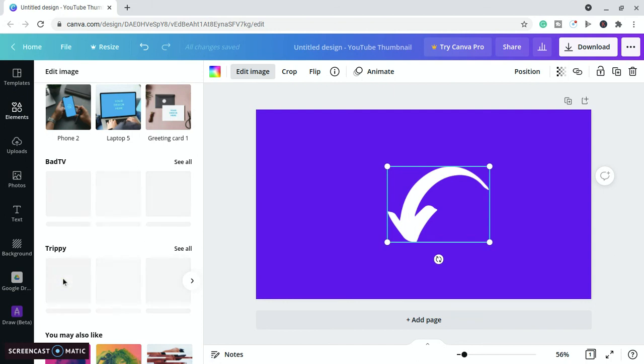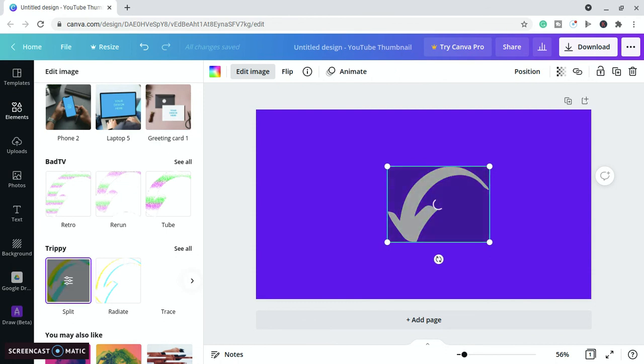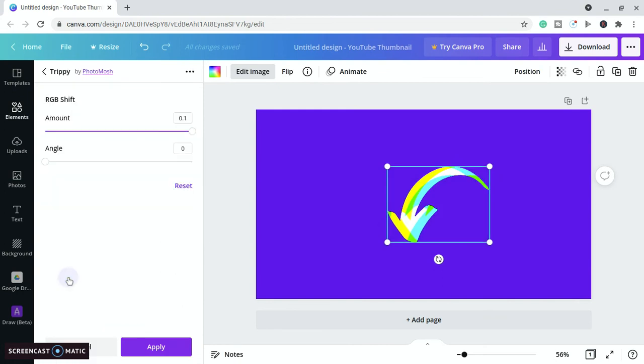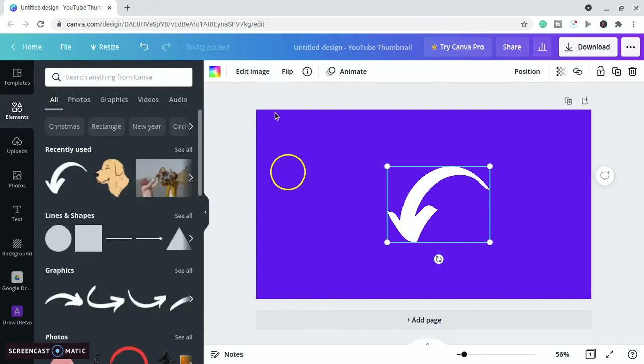So if I go into Trippy again, go into this one here, which I know is going to be the split. It's going to split the image into two like that. If I click on there again and change the amount, you can see you can get a slightly different color on there as well at the same time. I can't change it on here, but you can change the amount of it very slightly. But if I take it all the way out, so it looks normal as it was before, apply it, and I come out, and I go back in,